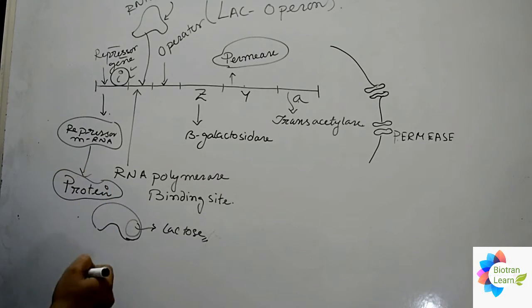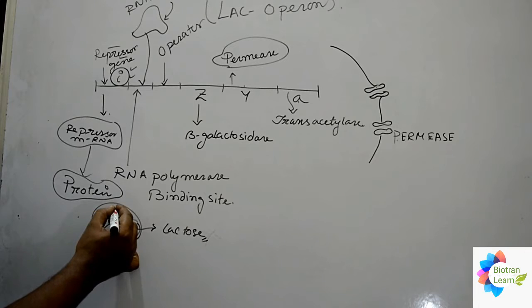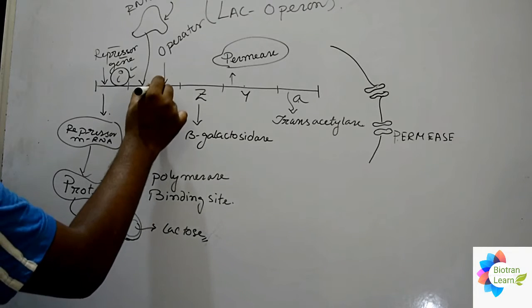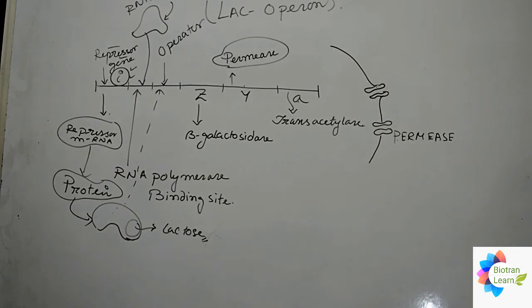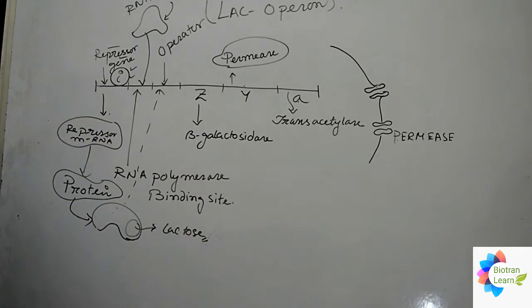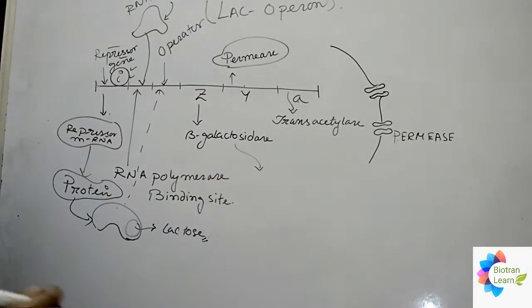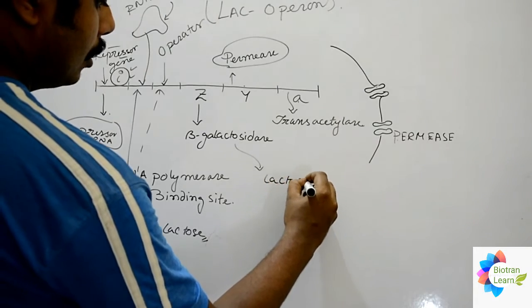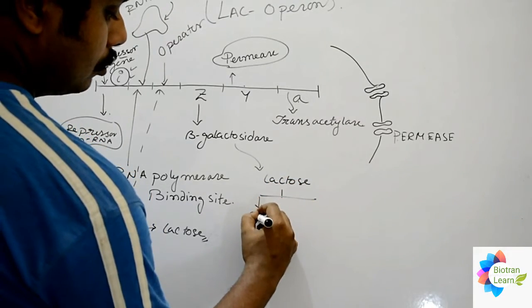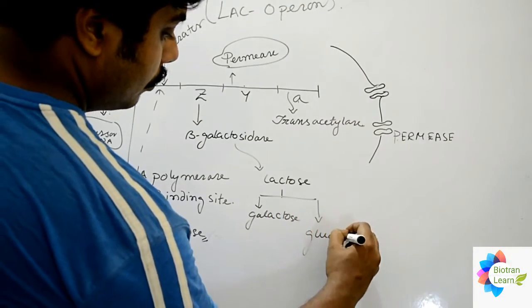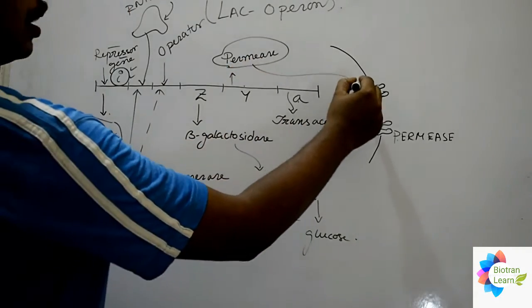This repressor protein will sit in this operator sequence when lactose is absent or low in the system, and then we will have beta galactosidase. What does beta galactosidase do? Actually it breaks down lactose into galactose and glucose, right? Then we have another enzyme, permease, which